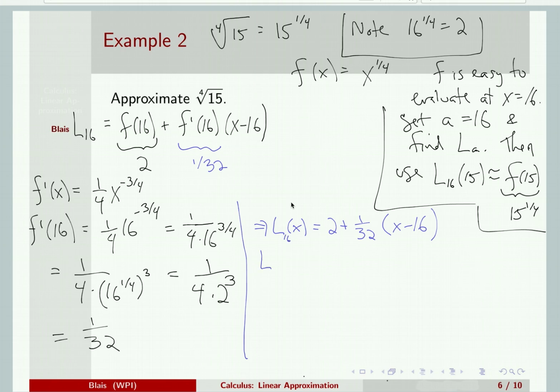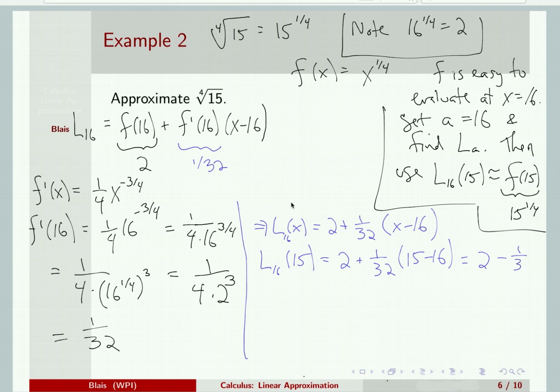We were calling it L16, L16 at x equals 15. So this is 2 plus 1/32 times 15 minus 16. Again, we're just plugging 15 in for x. And when we do that, we get 2